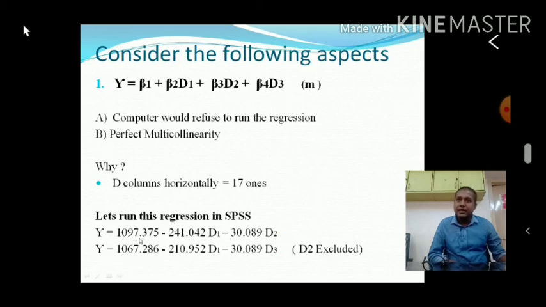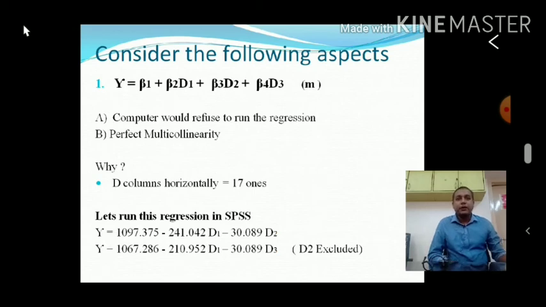Here it is 1097, here it is 1067, 210.952 is d1, here it is 241.042, and this 30.089 is d2, but here 30.089 is d3. So d2 is excluded, d2 is northwest, so it's excluded. So this result you get when you run this regression and when you violate the basic rule of m minus